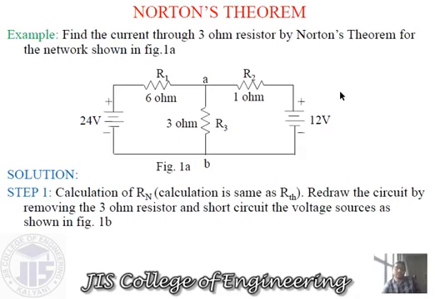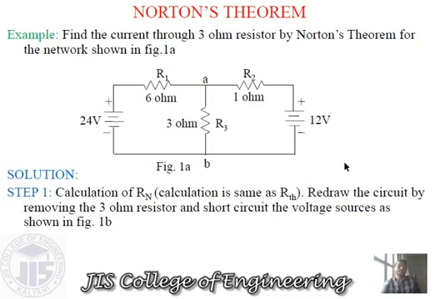Now we are considering one example to understand this network theorem. We have taken a circuit. Obviously it is a linear active bilateral network, as there are some sources. The question is to find the current through this 3 ohm resistor by Norton's theorem. It means for whatever circuit is given, we have to find the current through this 3 ohm resistance using Norton's theorem. So as per step 1, we have to calculate the Norton resistance, or the Thevenin resistance. We have to calculate this resistance first.